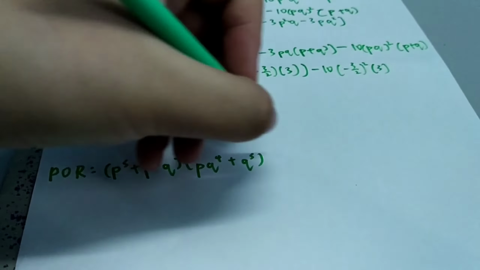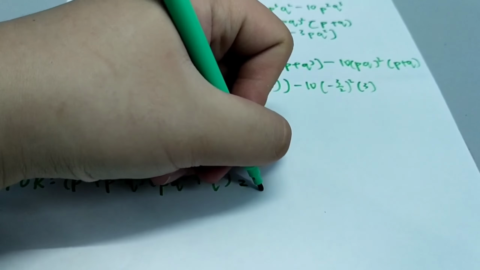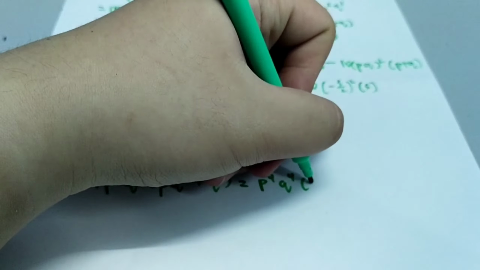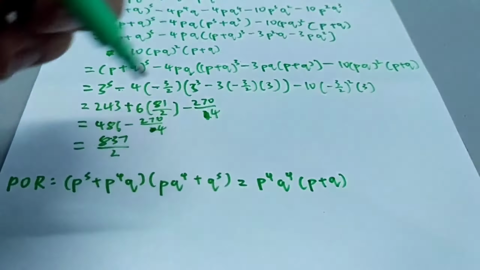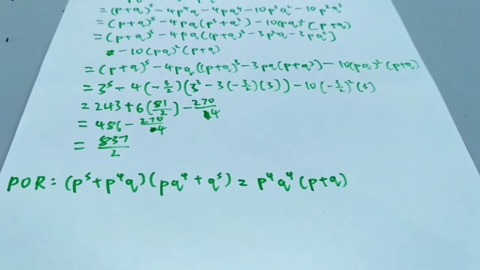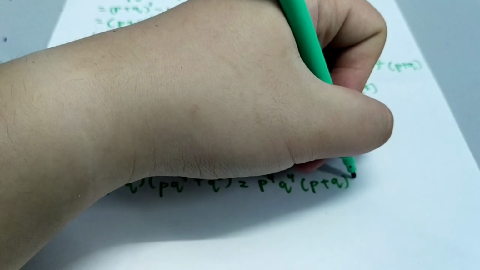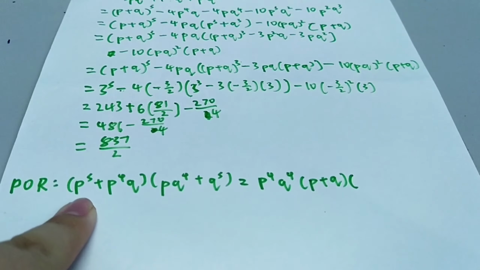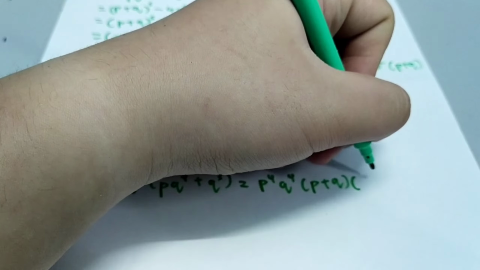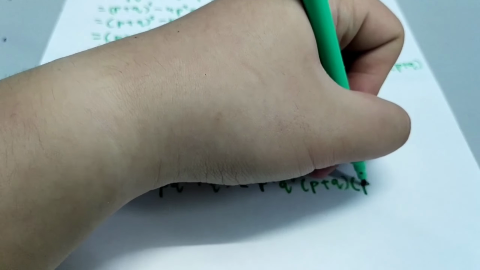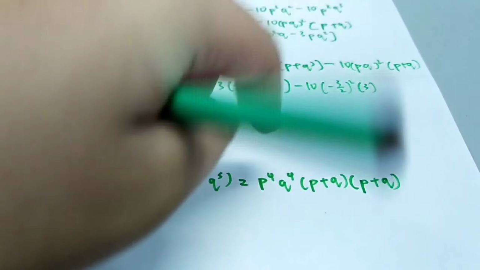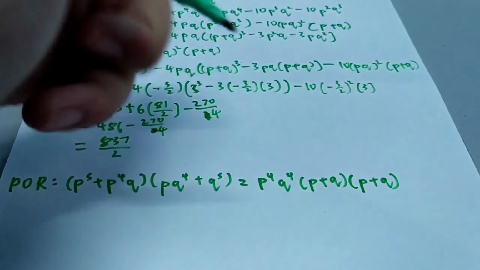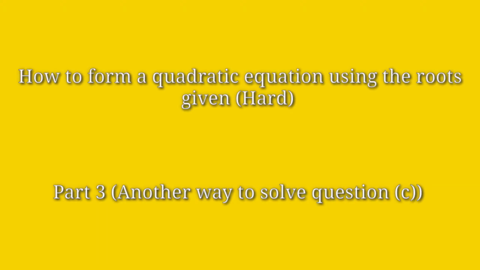So this whole thing is going to be equal to p^4 + q^4 times (p + q), because you take out the p^4, and then you have another one, which is p + q. And then this you can simplify, and this here you also can simplify, which is